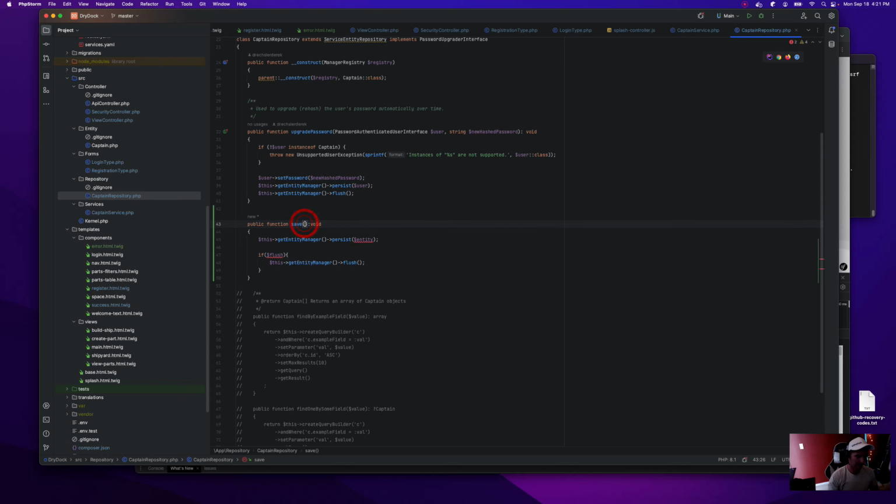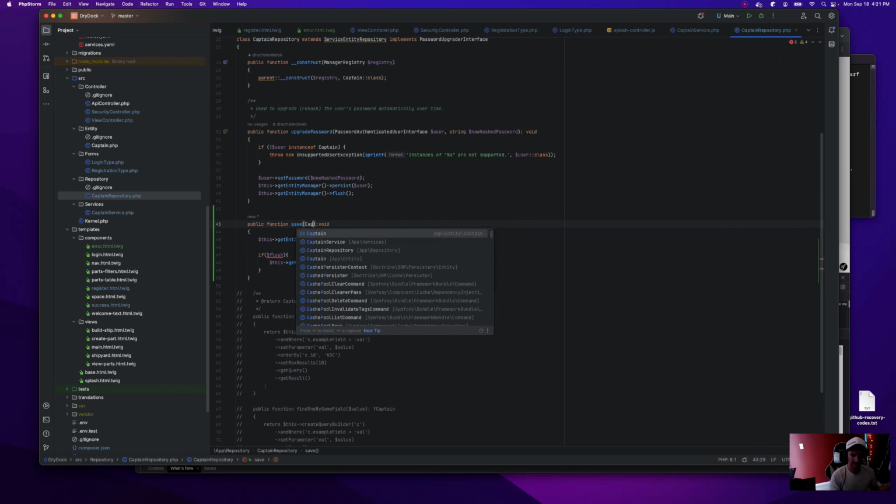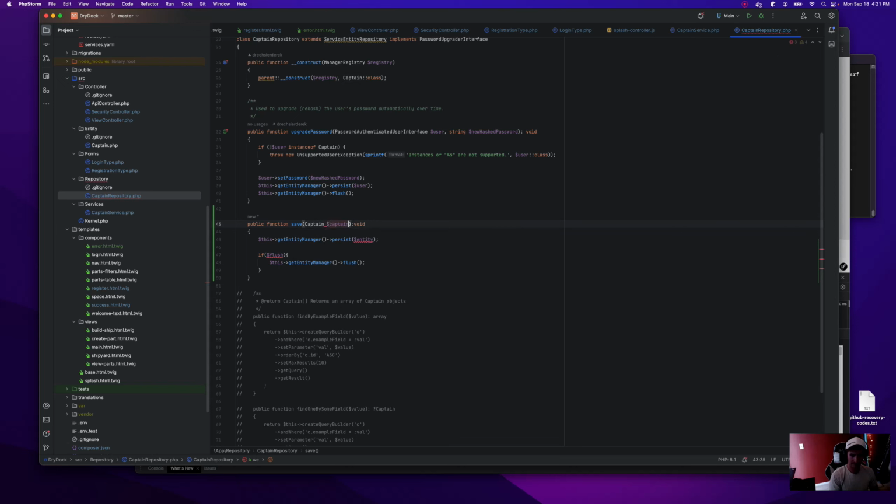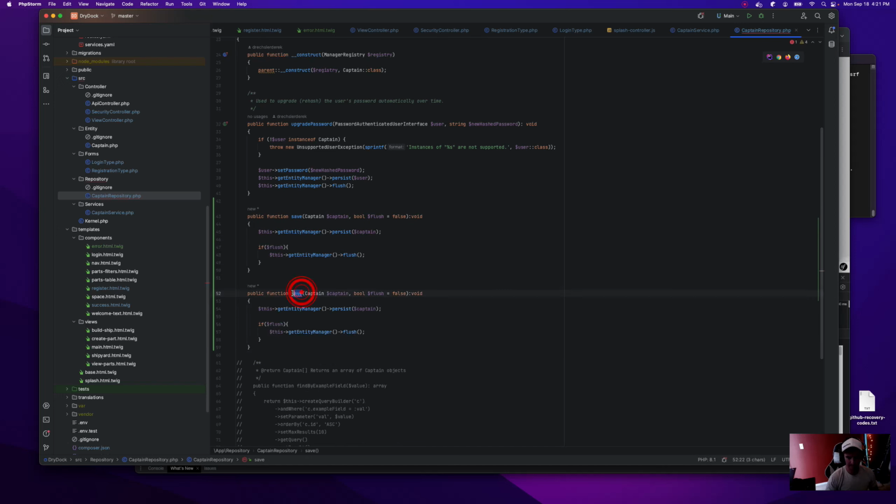Okay. And let's see. Captain, and bool flush equals false by default. I actually would rather have that be true, but that's okay. And then remove is our entity manager function. Remove.